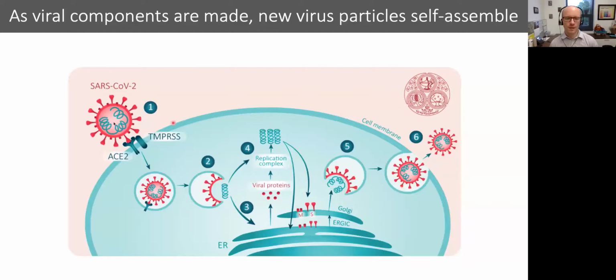Now, one big idea is that for every one virus that gets in, if replication is successful, many, many, many viruses will get out on the other side. So you get this amplification of the viruses. And of course, as the viruses leave, then they can go on to infect new host cells. Now, one last thing I'll mention here is that in many instances, once there's been enough production of the viral components, things sort of get so out of whack that the cell itself actually gets destroyed. And that could be one component of how viruses can cause disease, although not the only component.